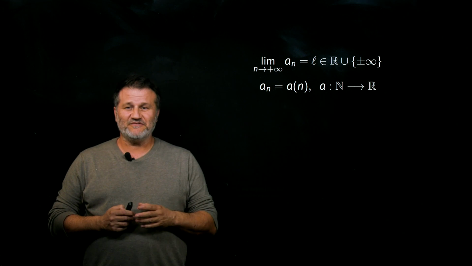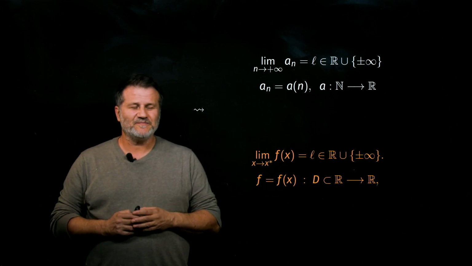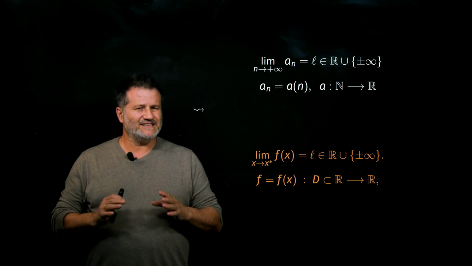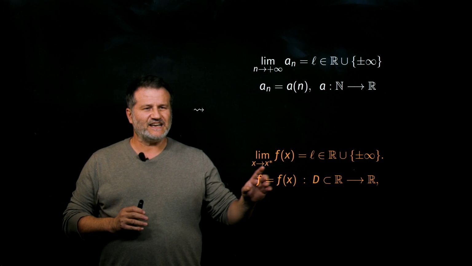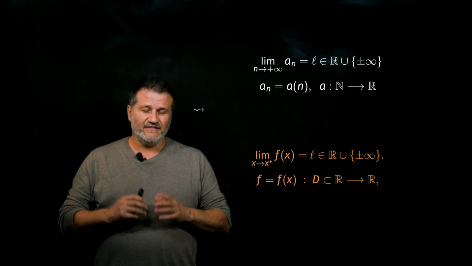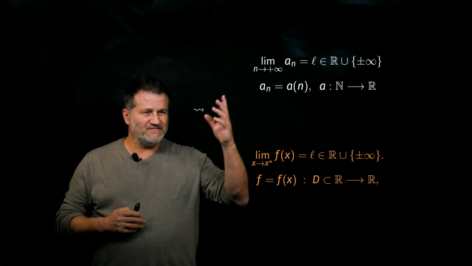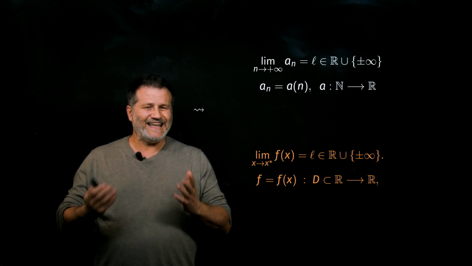Hi! In this video, we extend the definition of limit from sequences of real numbers to functions of real variable. The underlying idea is the same. We want to determine what happens to the quantity f of x as x approaches a certain limit point x star. This limit point can be plus infinity, as for sequences, or minus infinity, or any other point in the